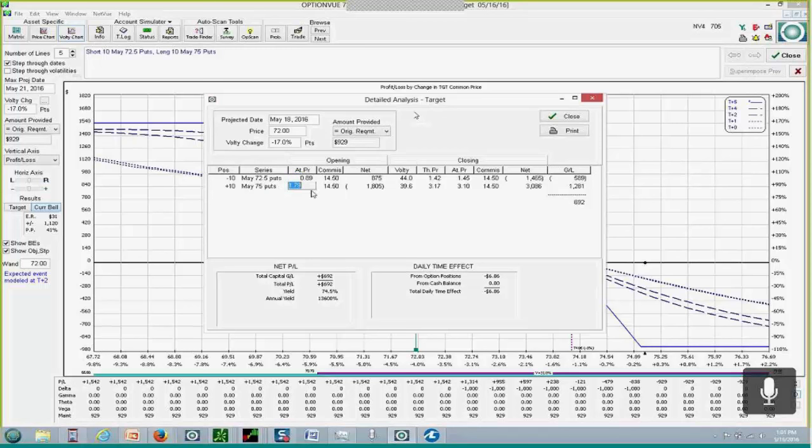I'd spend $1.80 buying the 75. The theoretical value of that option would go from 89 cents to $1.42, and the one that I bought for $1.80 would go up to $3.17,